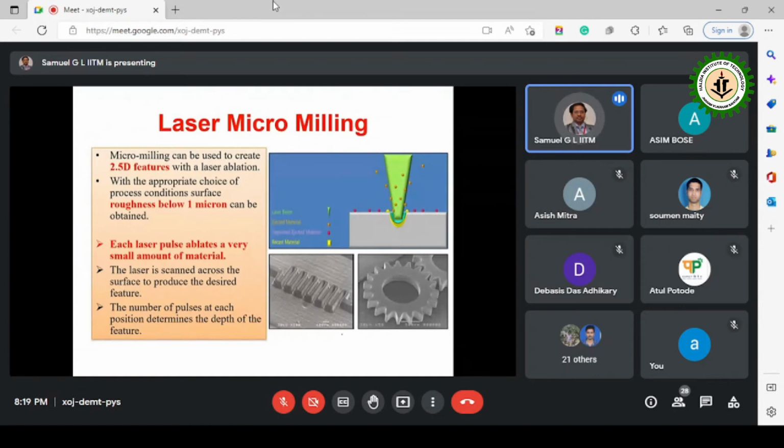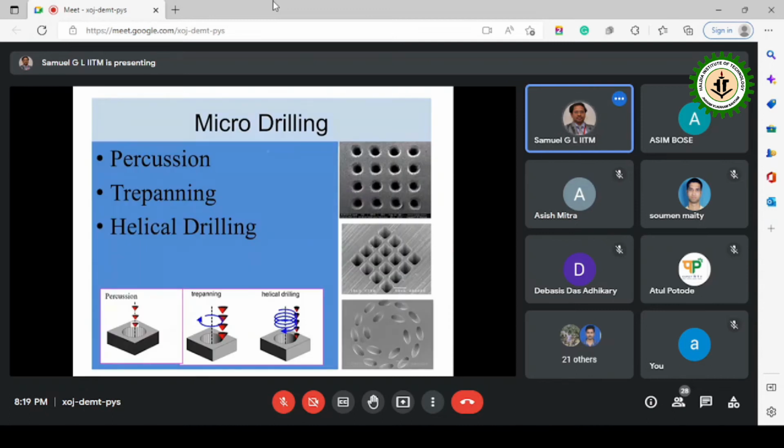Now coming to the applications of these kinds of lasers. As I have already said, we can make those coolant holes. This is called laser micro machining. Okay, so the first one should have been micro drilling, wherein we can make small holes in literally the hardest materials. So these are some of the features; we have even done these kinds of holes.